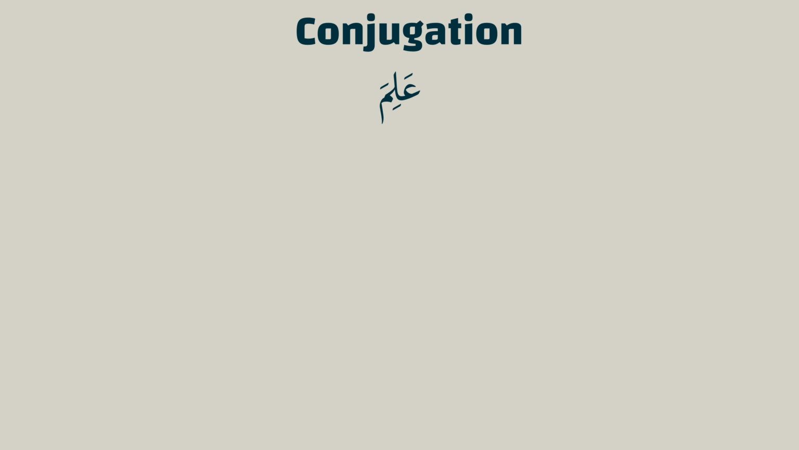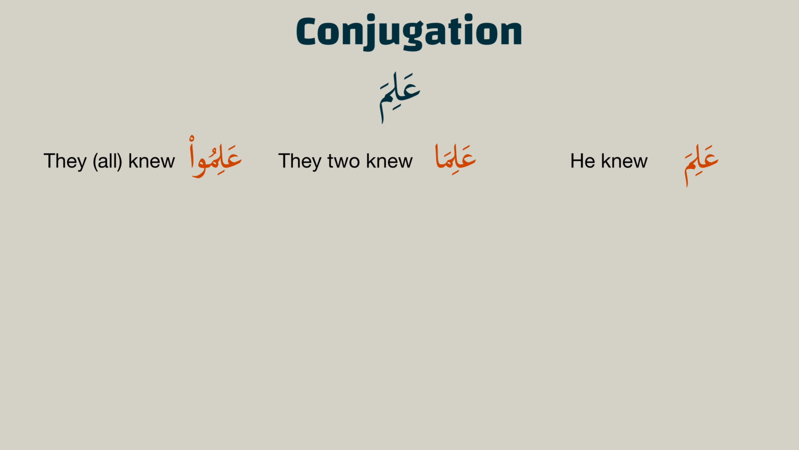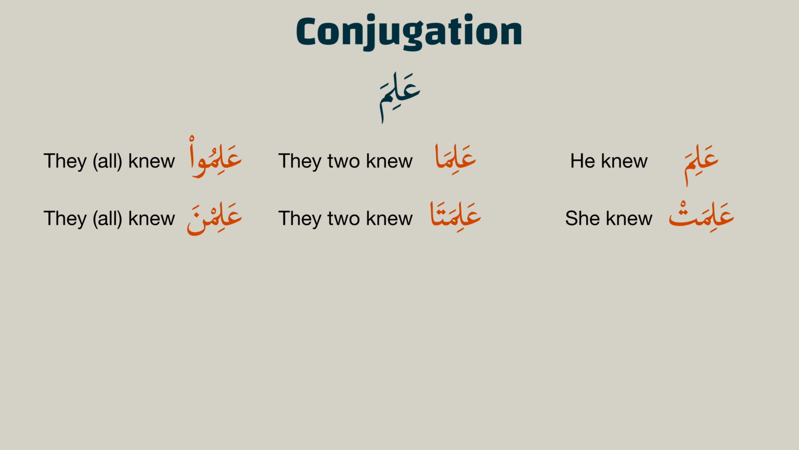Now, let's take the root letters Ain, Lam, Mim. And when they follow the pattern fa'ila, they become alima. And its masdar is ilm, meaning to know. Now, let's conjugate this verb, which is alima. And we get alima, he knew, alima, they too knew, alimu, they knew, alimat, she knew, alimata, they too knew, but female, alimna, they knew, but female,